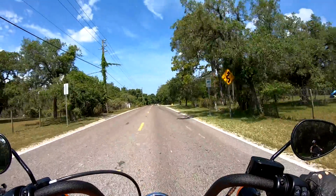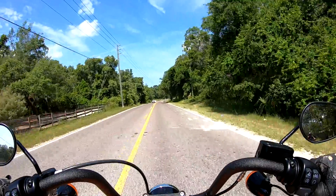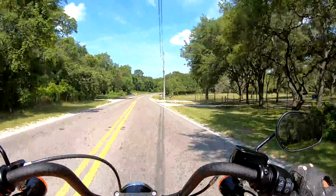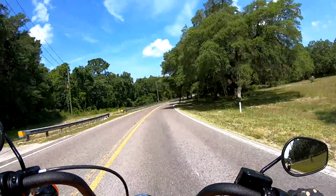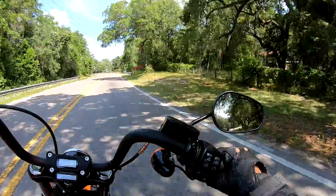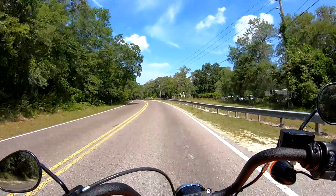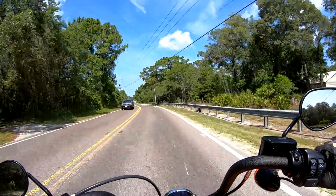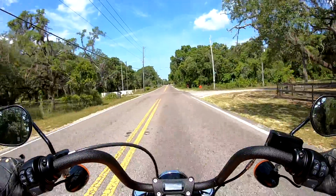So let me say that these are just fun motorcycles to ride. I would say that I give the Bobber a 9, but I gotta give this Harley a 10. Now I hear a lot of people say that I'm a Harley fanboy. Harleys fit my needs, especially the touring bikes. As I said, 95% of the people that come to my class are on Harley touring bikes, and that's why I ride one. If there was other bikes that fit my needs better, I'd be riding one of those. I have no stock in the company,